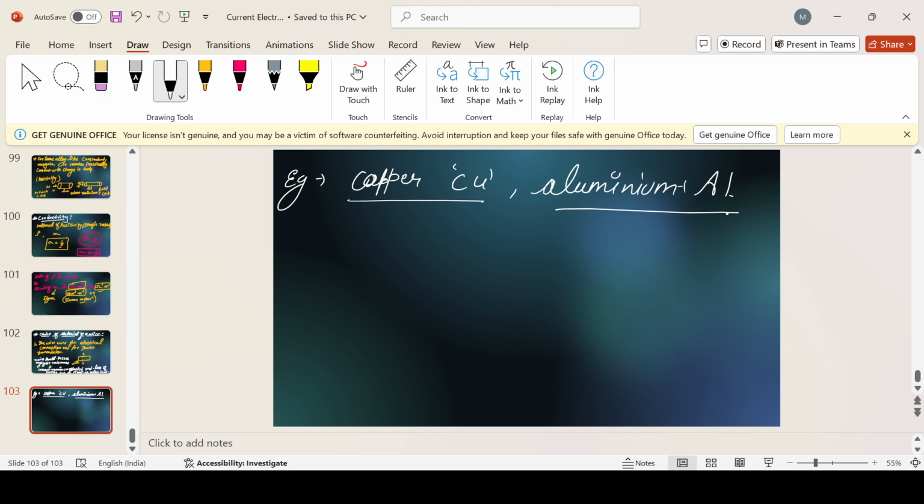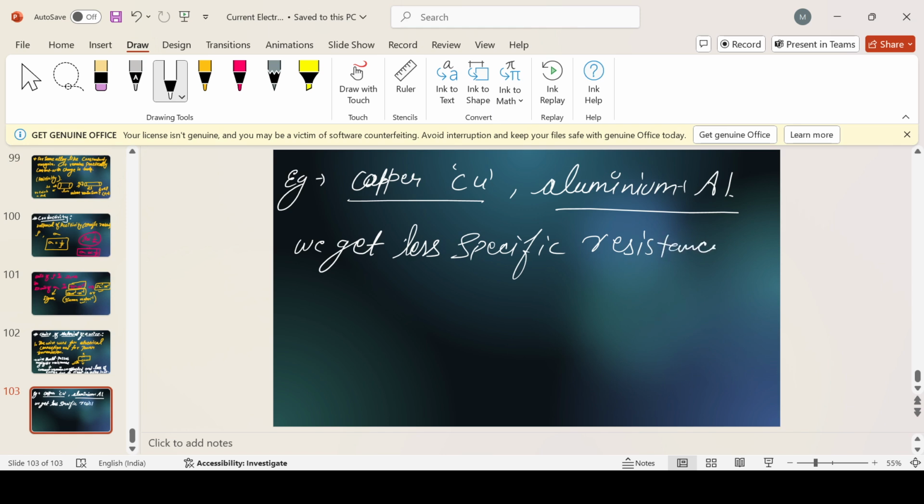Clear? Yes, sir. Now if we take these types of wire, then what do we get? We get less specific resistance,